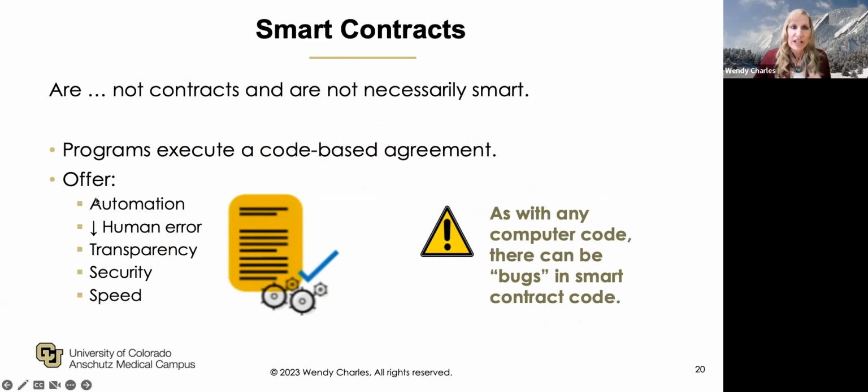These are the features that are often advertised, with Ethereum, for example, that it can execute automatically certain data flows, certain activities, especially when we're looking at access controls. So with automation, the goal is to reduce human involvement to make a process more efficient. My caution, which I will talk about later, is that with any computer code, there can be bugs in smart contract code.